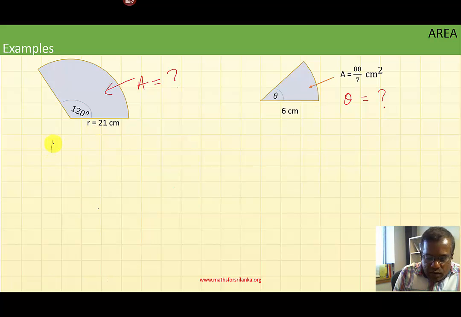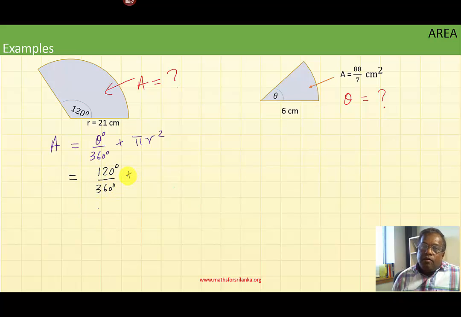So the area of a sector is given by the angle at the center over 360 times the area of the whole circle, which is πr². So therefore the area is equal to theta, which is 120, over 360